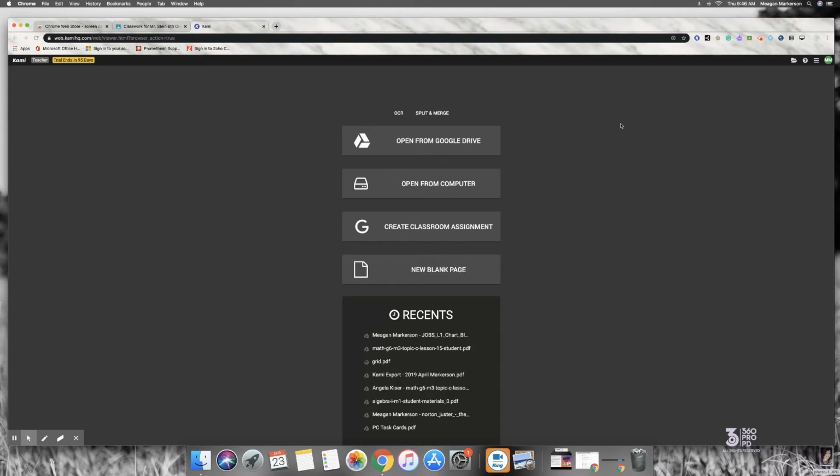So if you have the extension, it's just a shortcut to get you here, as well as giving you some other experiences in Google Classroom that you might not have without the Kami app, and I'll show you those shortly as well. So if I just want to work with a document with Kami, or one of my students wants to, they can open it again from their drive or their